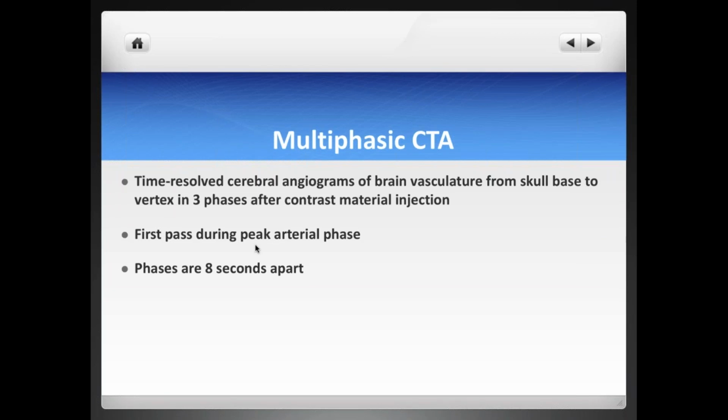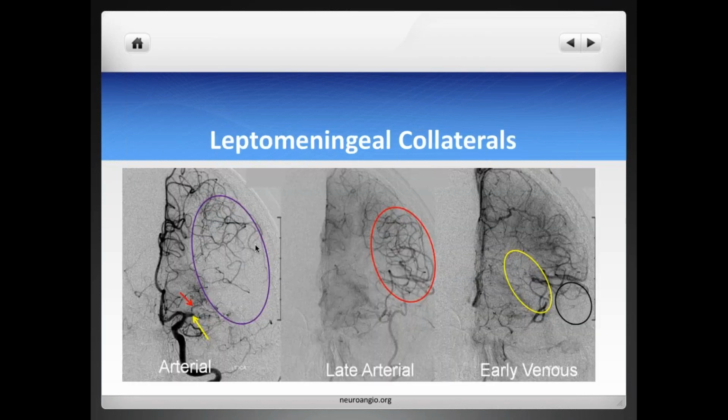Multiphasic CTA has been favored. Some good research has been done on that, including a very seminal radiology article that came out in the last couple of years. With multiphasic CTA, basically what you do is similar to what we would do in other parts of the body, such as the liver. You look at different phases of the CTA. You do one injection, and then you do another couple of acquisitions in the venous and late phases, 8 seconds apart. The whole objective of multiphasic CTA is to look at the collaterals, those leptomeningeal collaterals that we are talking about here.